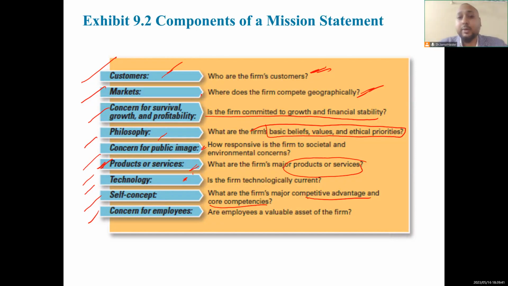It will be mentioned whether they want to remain high valued, highly prestigious, quality-oriented products, or be available for every person at a low cost. We'll talk about that, right? Employees as well, whether they are considering their employees valuable assets, treating them